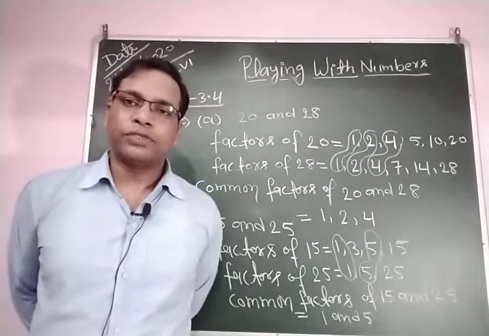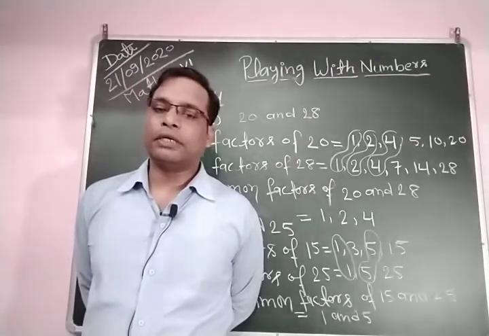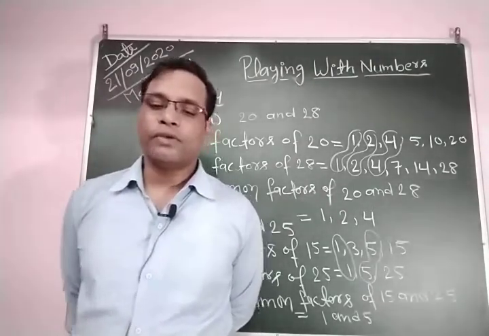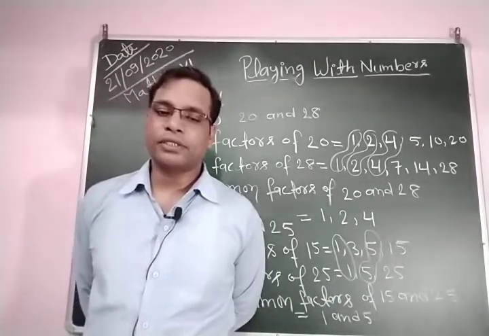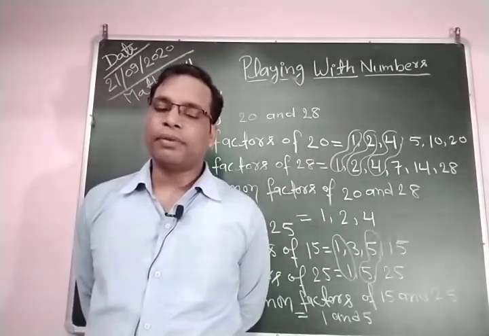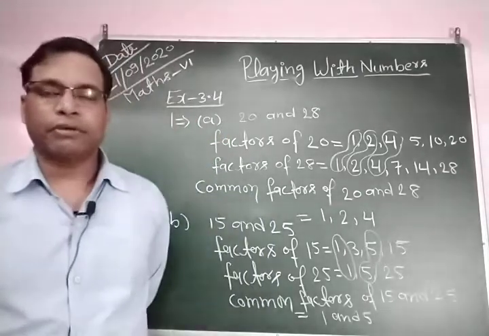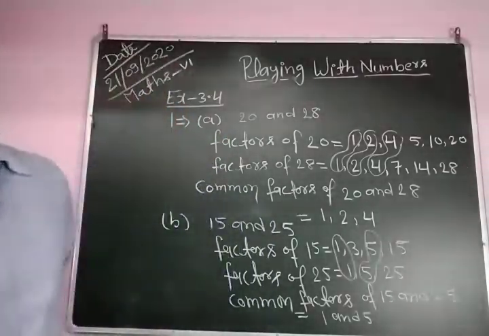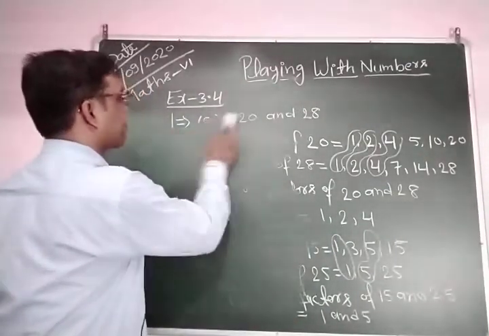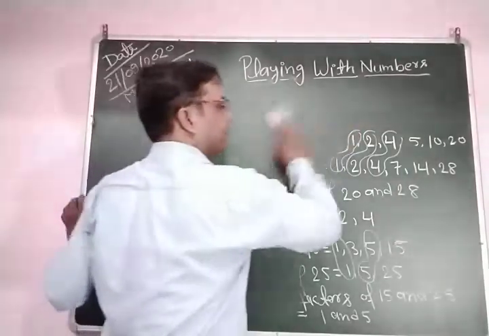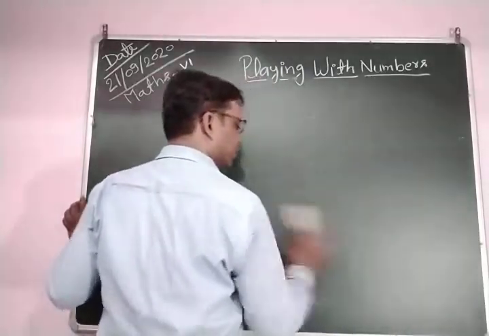So students, I hope all of you understood question number 1 of exercise 3.4. Now we are going to discuss the second question. The second question is also to find the common factors, of 4, 8 and 12, and 5, 15 and 25. So let's see how to find the common factors of three given numbers. First we erase this. After this we need to find the common factors of the given three numbers.